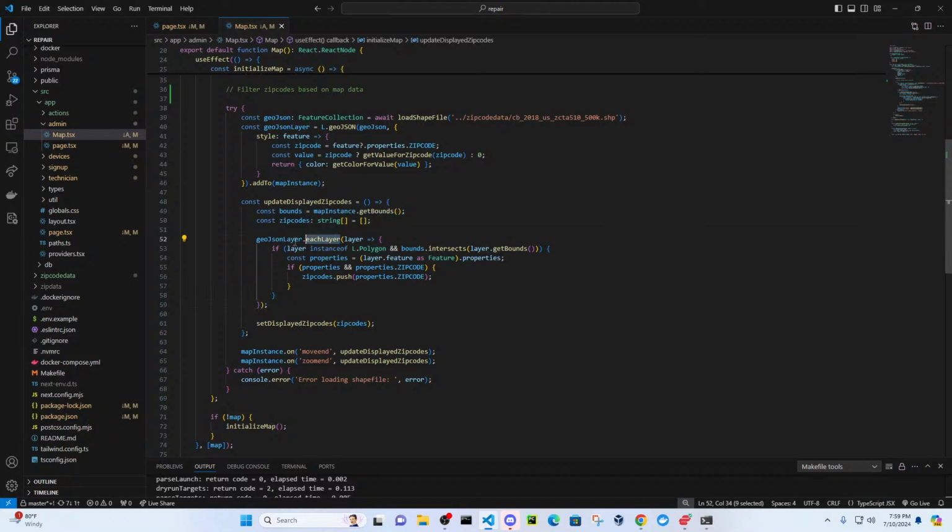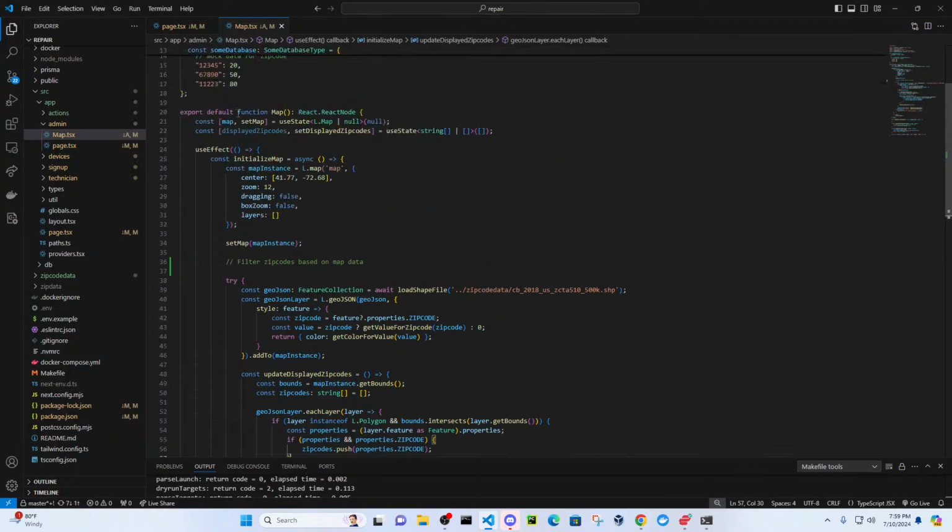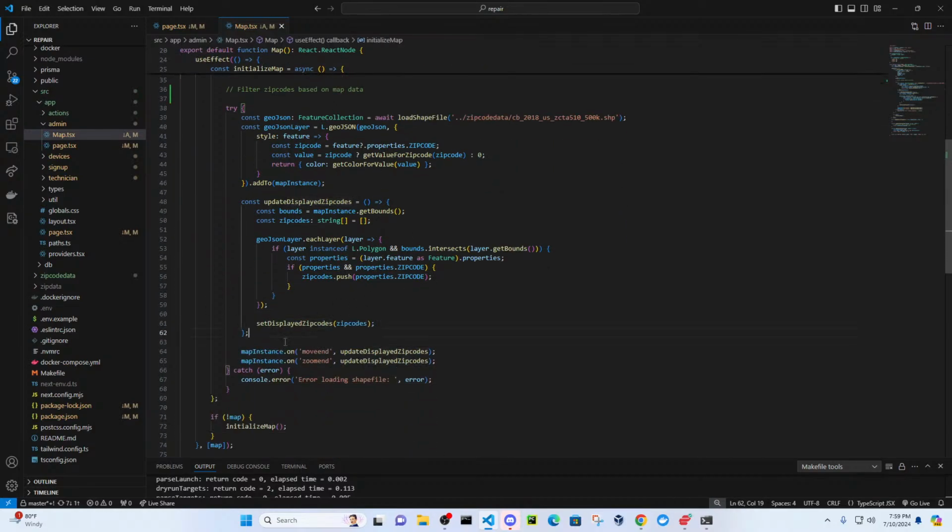And then for each layer that exists in this data right here, which is each zip code, we're going to go ahead and set the properties and push the zip code onto the actual zip codes that we want to be displayed. So there's definitely, I think, some changes that need to be made here,